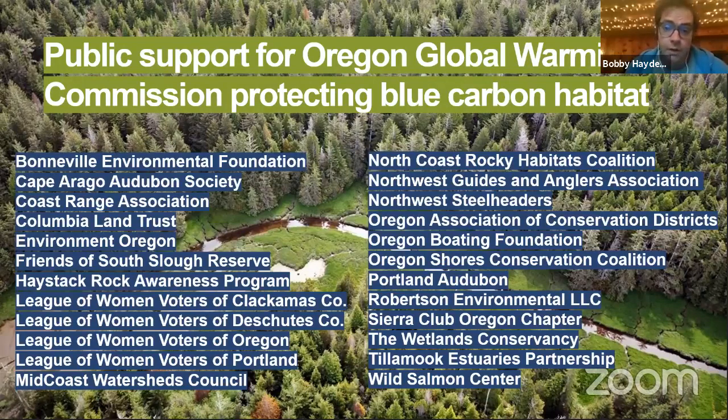So the issue of blue carbon also received, as part of this process that the state has undergone over the last year, a lot of broad-based support from local, coastal, statewide groups. Several groups came to testify along the way in 2021. And I think the commission, the Oregon Global Warming Commission, really came away with a sense of how this impacts